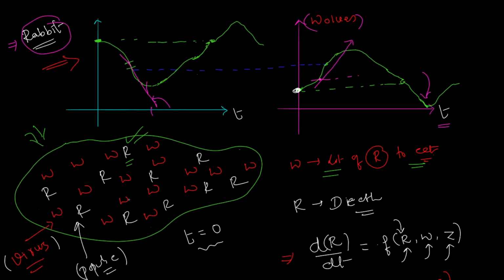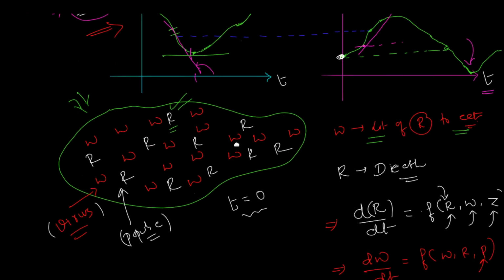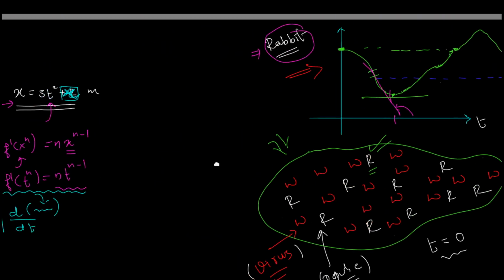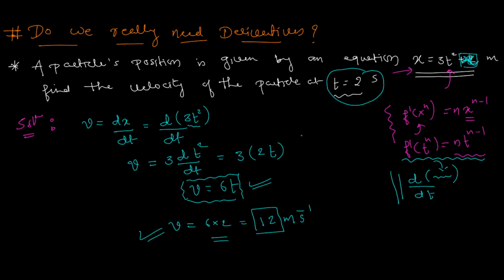It tells you whether the change over a duration, if you can study it, during that duration, is continuously going down or going up, or is it constant? Actually at this point, the slope is almost constant. There will be no change at that point. Anyway, so you get the idea, right? Now with all this discussion, you answer me, do we really need derivatives? Yeah, you got it.